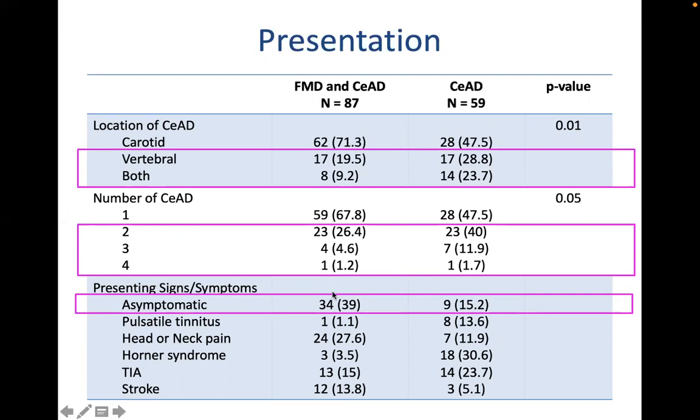A higher rate of FMD patients were asymptomatic in terms of the detection of the cervical artery dissection, which is not totally surprising since those patients at FMD diagnosis are undergoing head to pelvis imaging. Whereas for a cervical artery dissection, you may not have that diagnosis unless you present with symptoms and then undergo imaging. So there was a high rate of pain and stroke and organ ischemia, stroke-like symptoms